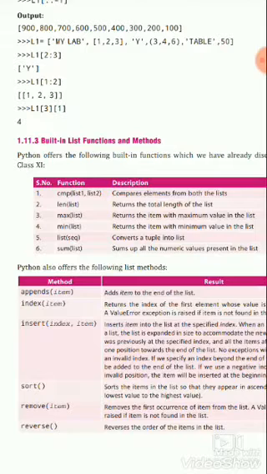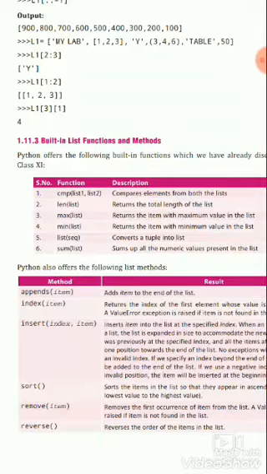If we insert an item at index number 4, the other items move up, so the fourth position's item moves into the fifth position, and the item is inserted at that index number.